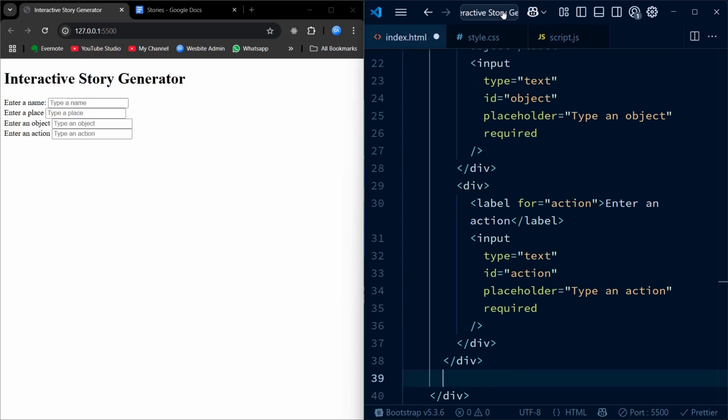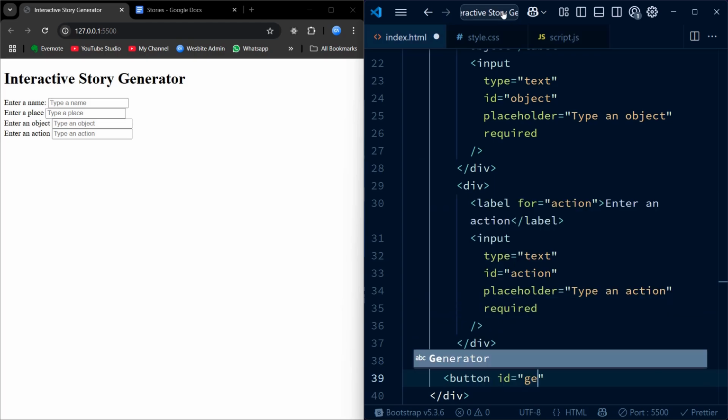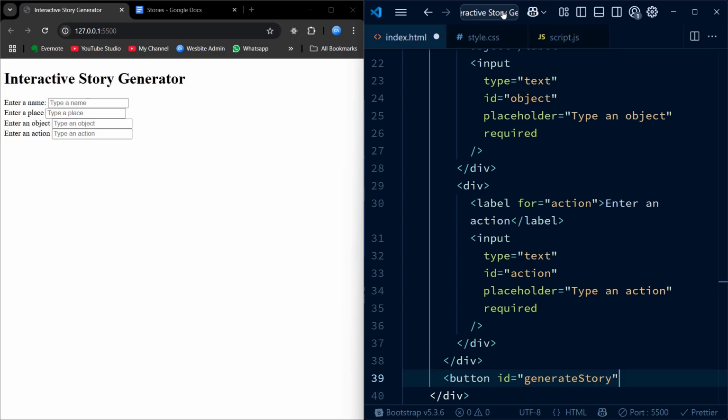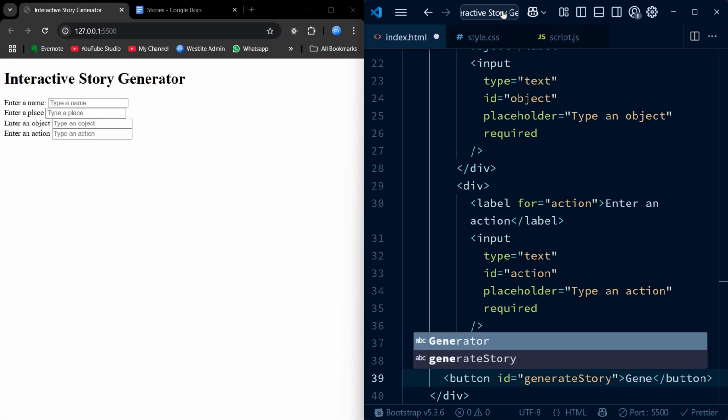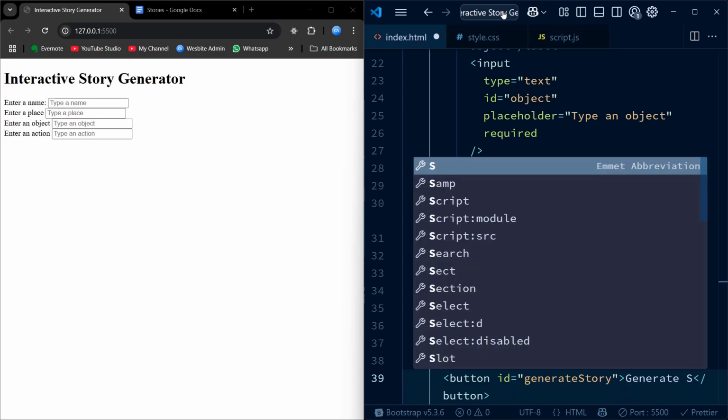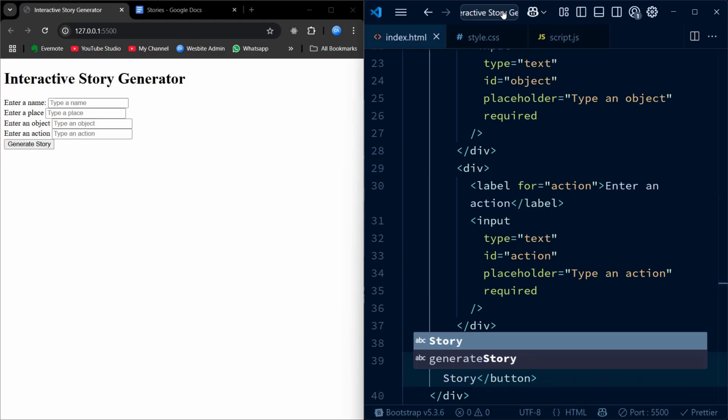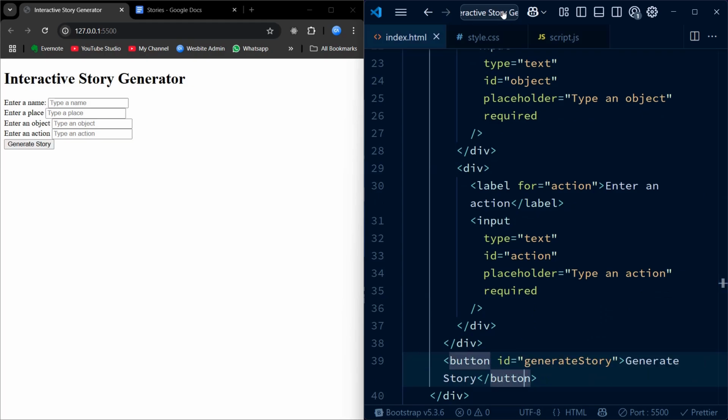After the input fields, we have a button with ID generate story. When this button is clicked, it triggers JavaScript to generate and display a random story. Finally, we have an empty div with the ID story and class story. This is where the generated story will appear after the user fills in the form and clicks the button. That wraps up our HTML. It's clean, semantic, and structured. With our CSS and